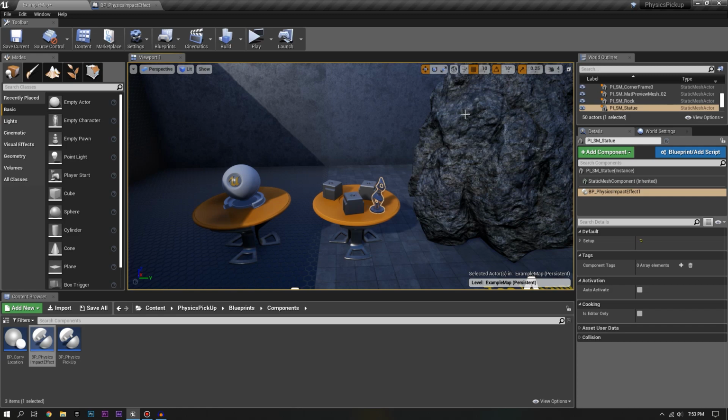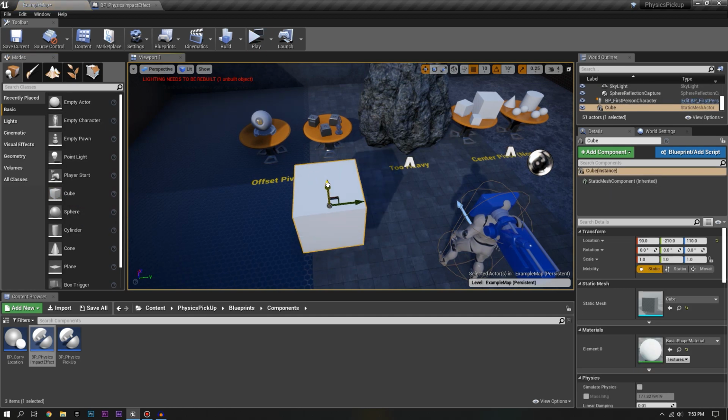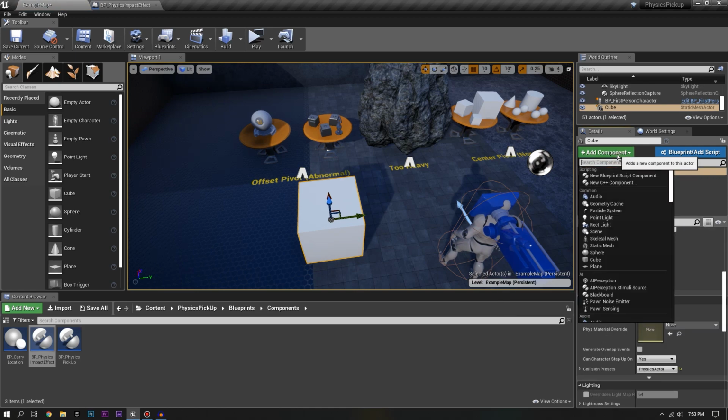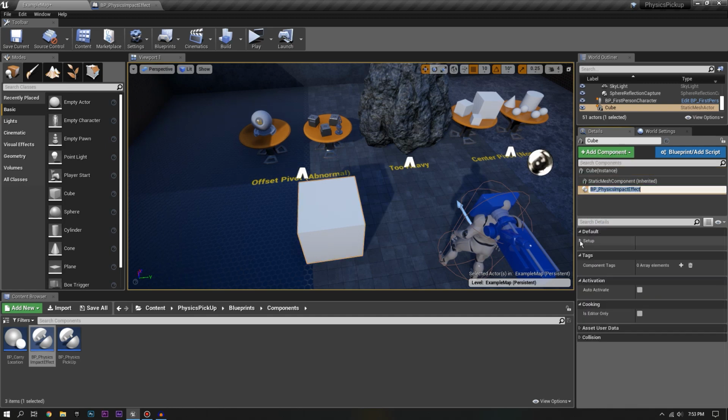Now, not every object has to have physical pickup added to it. So let's say we want to bring in this cube. We don't want to be able to pick this up. We just want it to have sound. So let's go ahead and simulate physics. And then we're going to add the physics impact effect. We'll set up